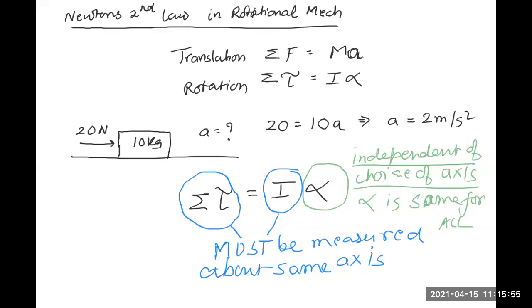अब इसका proof भी है, but I'm not going to tell you the proof because it is very cumbersome and lengthy, so we'll not talk about the proof. But the fact remains that if a rigid body is rotating and you choose any axis, then about that axis, the angular acceleration will always come out to be same. So please take a screenshot. I'll show you the application of this.